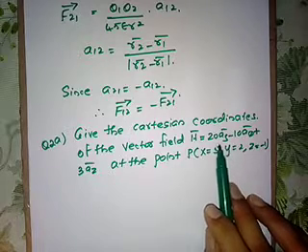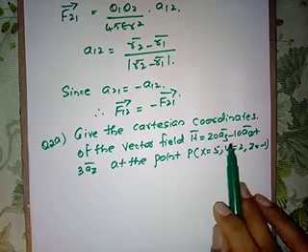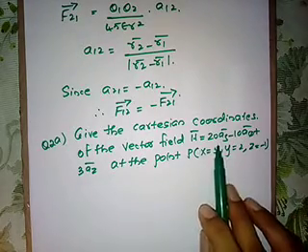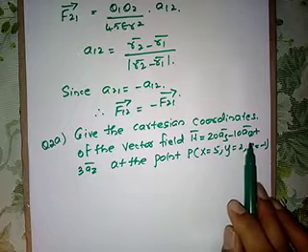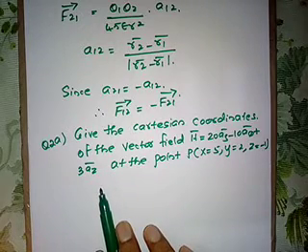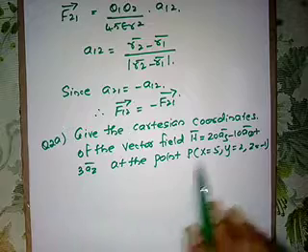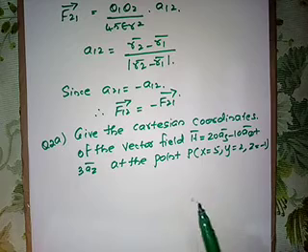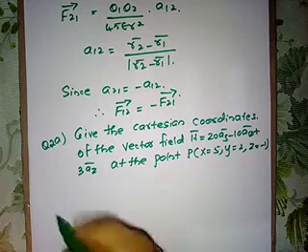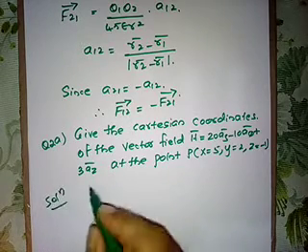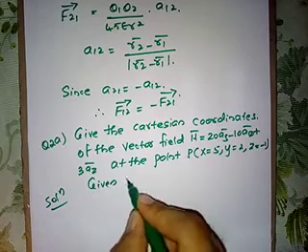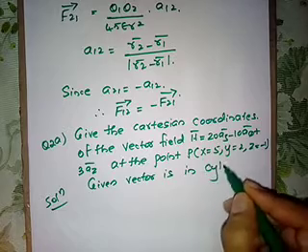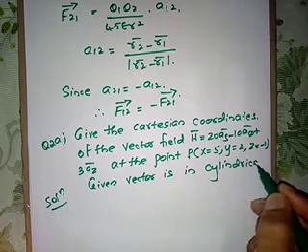Now here, given is H bar is equal to 20 a rho bar minus 10 a phi bar plus 3 a z bar. They can also give it as H bar is equal to 20 a r bar minus 10 a phi bar plus 3 a z bar. Both are one and the same. So it is given in rho, phi and z coordinates, or r, phi and z coordinates. So it is the cylindrical system. The given vector is in the cylindrical system, right?